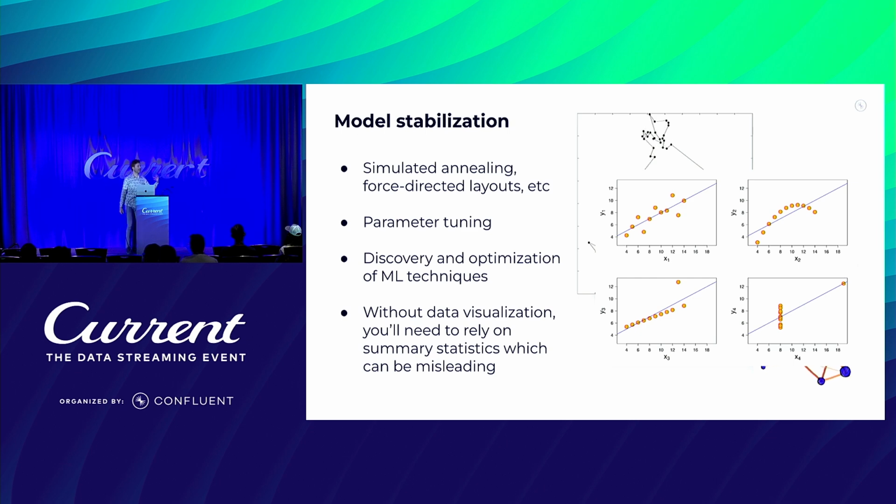Excellent. So Anscombe's quartet is a collection of 4 data sets. Each of those data sets, you see the little orange dots, very, very different. The summary statistics for all 4 of those data sets is exactly the same. The median, the average, the min, the max,